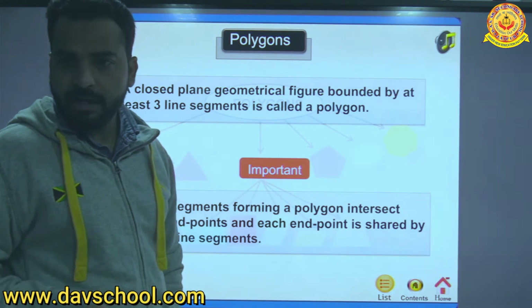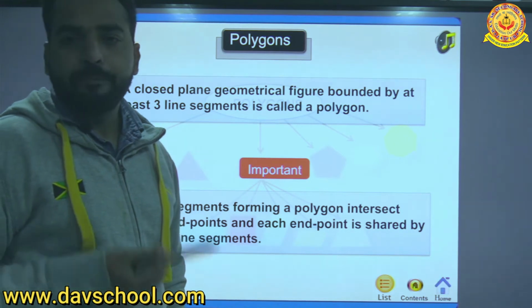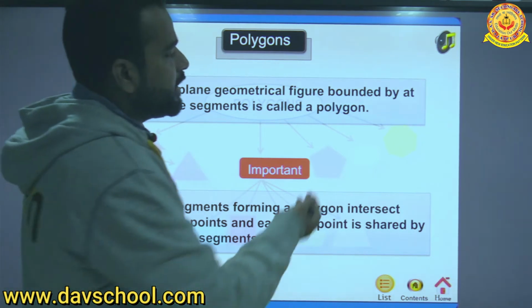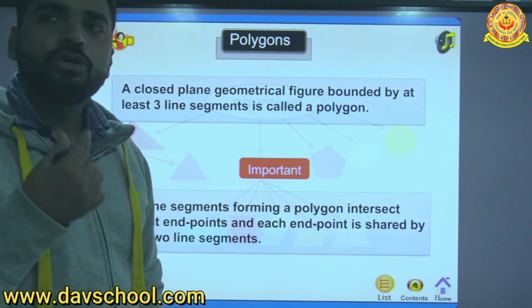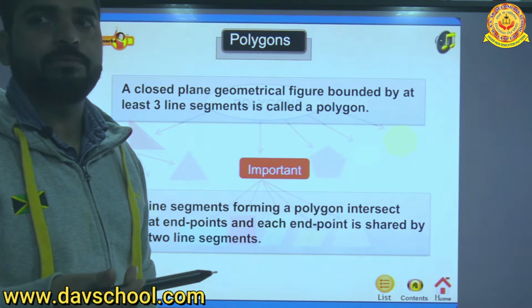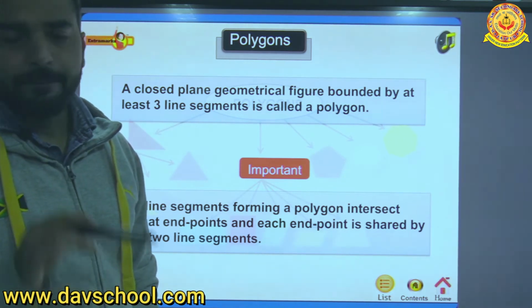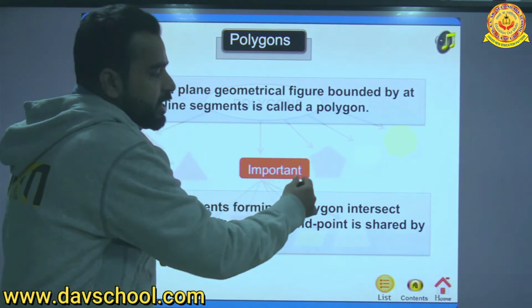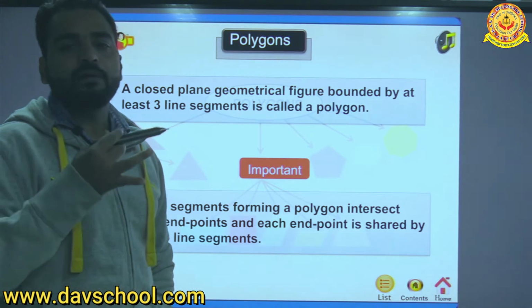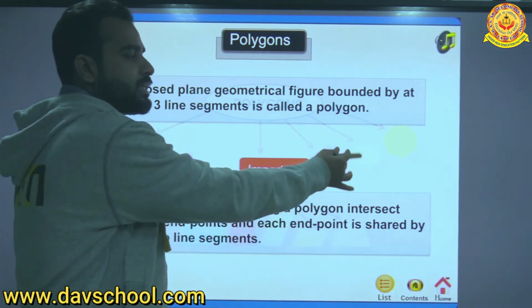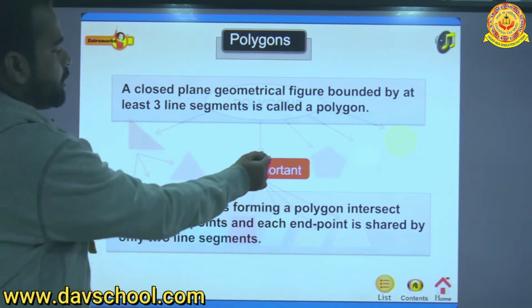Because 5 means penta. Similarly, when the sides are 6, we call them hexagon, because hexa means 6. And when the number of sides is 7, we call them heptagon. Similarly, you can just increase the number of sides and the name will change: octagon, then nonagon, then decagon. Clear? Okay. And when in this figure the line segments are equal, then we call it regular. So it comes as regular pentagon, regular hexagon, regular heptagon, regular decagon. Correct? All right.